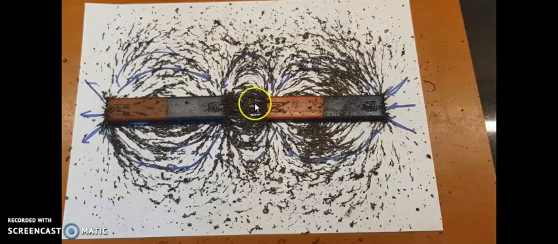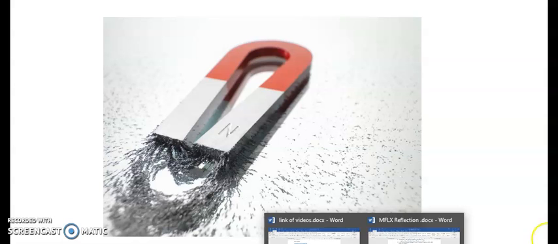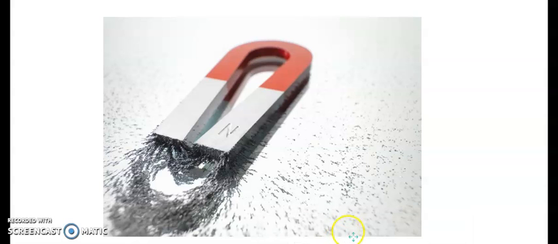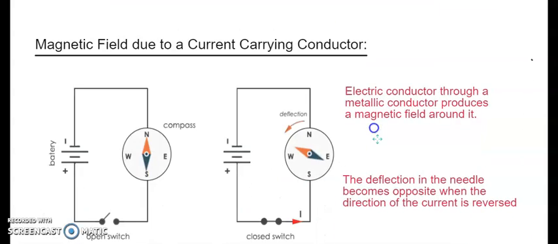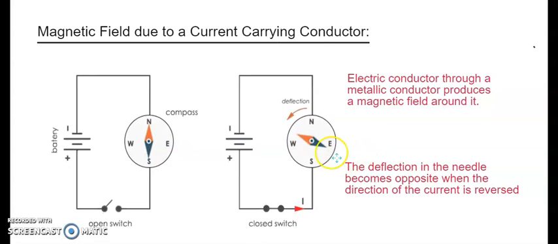So, very clearly, there is a very strong attractive force between the unlike poles, south and north. Now, we'll be talking about the next topic, which is magnetic field due to current carrying conductor. What does this mean? This means that when we create an electric circuit,